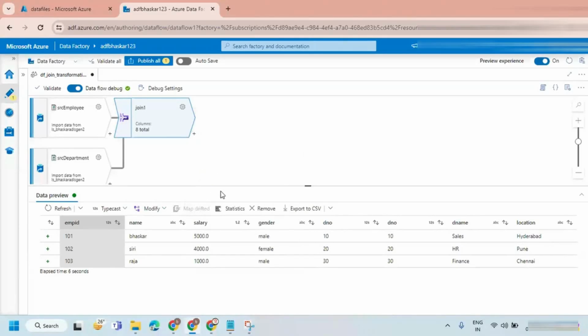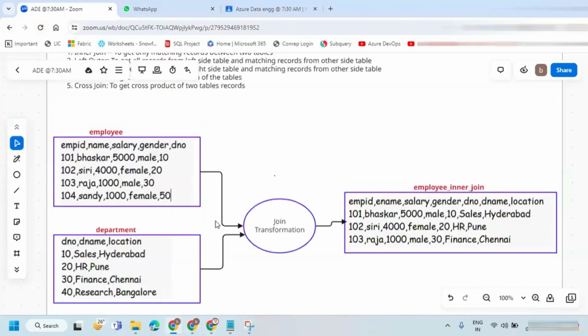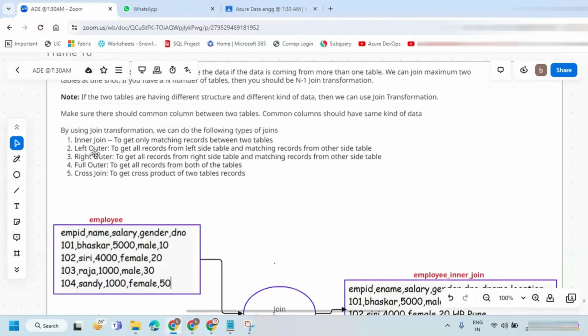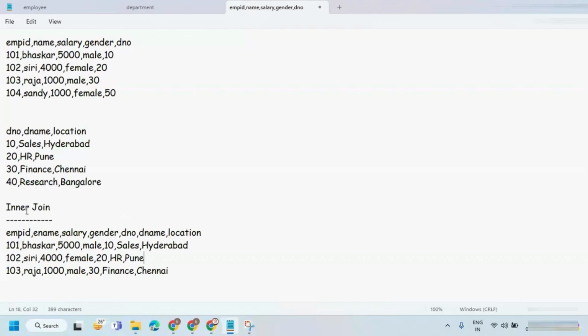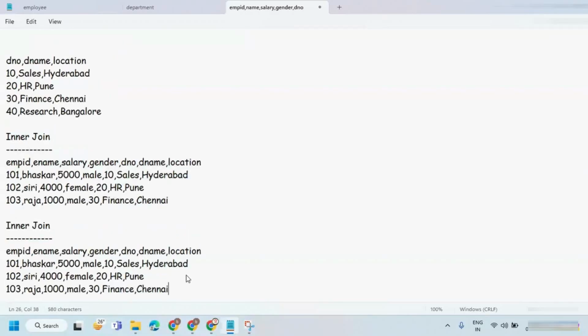But before going to the sink, I wanted to talk about other types of joins also. The next type of join is a left outer join. When you go for left outer join, whatever records are there in the inner join, the same records you are going to get.